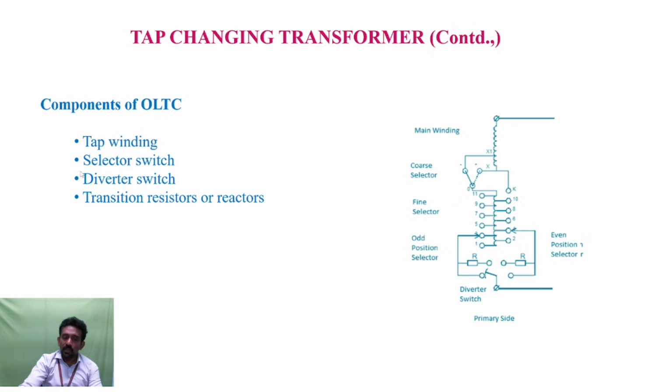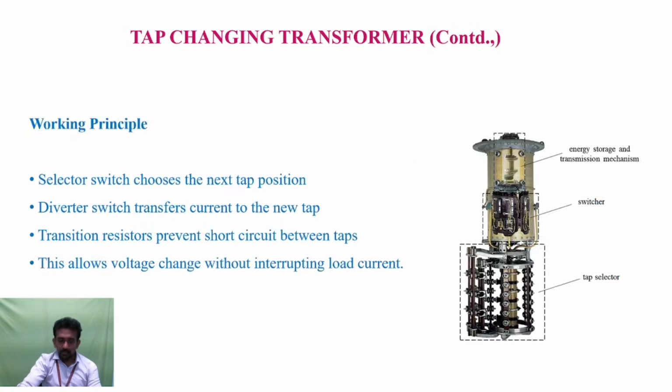As the selector switch selects the required load quantities, the diverter switch suddenly trips the selector switch, and thereby it can handle this resistance, and as a result there is a formation of arc. This arc can be limited or captured by means of the transformer oil, which can be filtered by means of the silica gel breather. So here the working principle is: the selector switch chooses the next tap position,